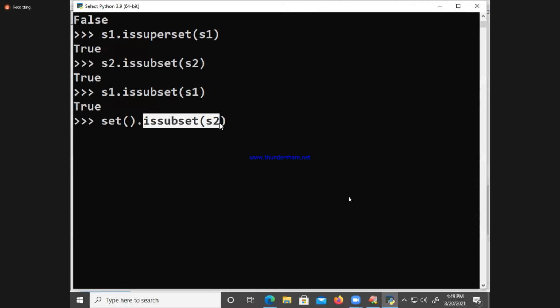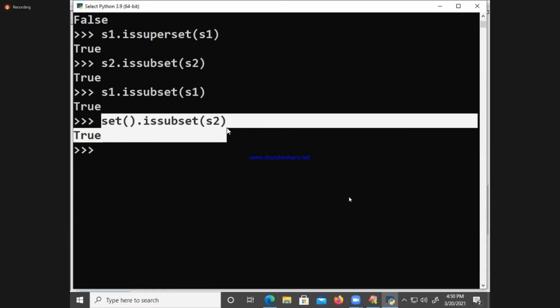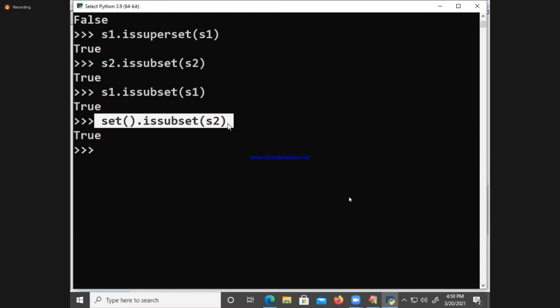S2 contains 3 elements. Every empty set is a subset of another set. So the answer is true. Shall I continue? This type of questions you expected, where you can start thinking about it.